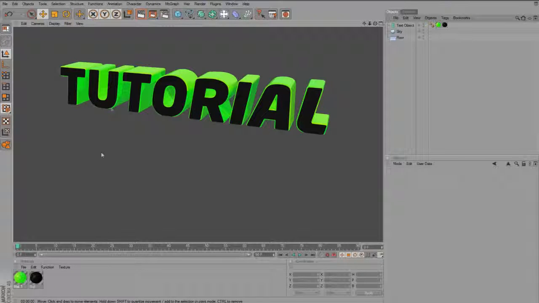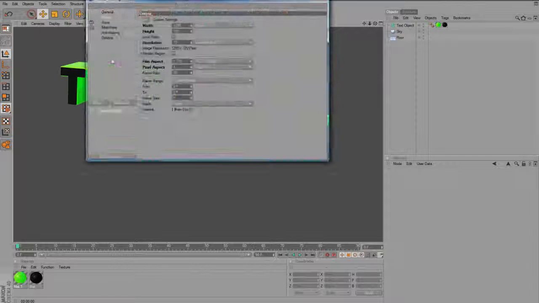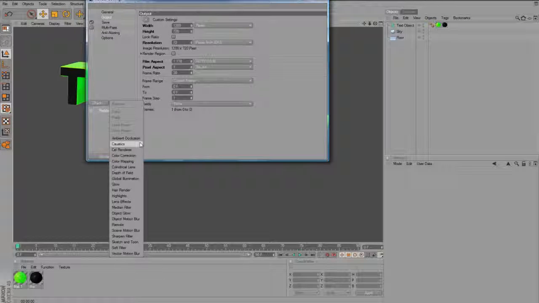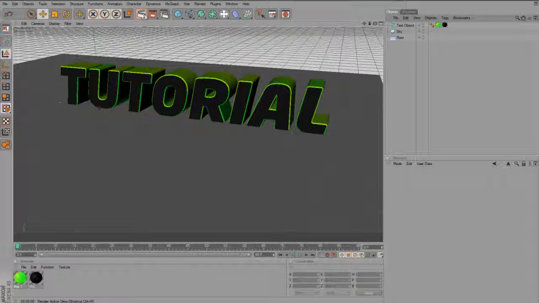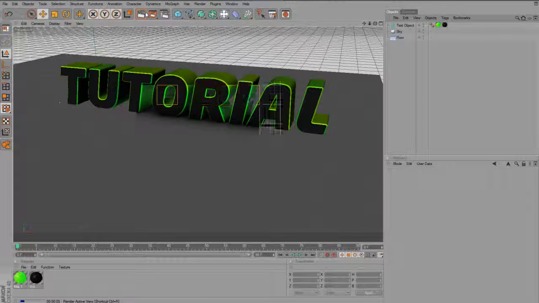Now one thing I like to do is add in an ambient occlusion. Go to render settings, effect, ambient occlusion, maximum ray length to 160, and I like to add a bit of contrast, about 35. Now this will slow down the render time, but it gives a lot better result. It creates realistic shadows. So just rendering out here, and you see you got some glossy light text,